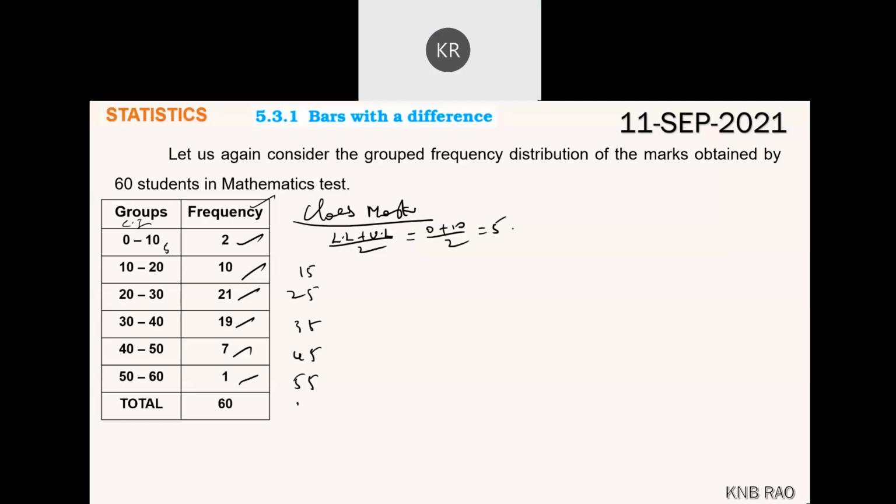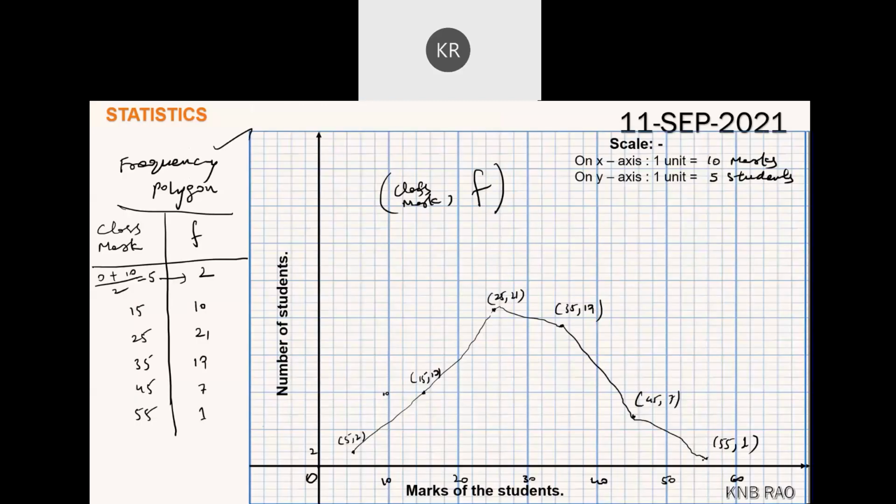So the points 5 comma 2, 15 comma 10. This is frequency. Class mark comma frequency will be the points which you are going to join. Have you understood here? These are the points taken and joined. Okay. Any doubt, Piyush? Still thumbs down or thumbs up? Thumbs up, sir. Okay. If you do not understand, ask me, son. Okay. So to understand the class mark comma frequency point, I mean